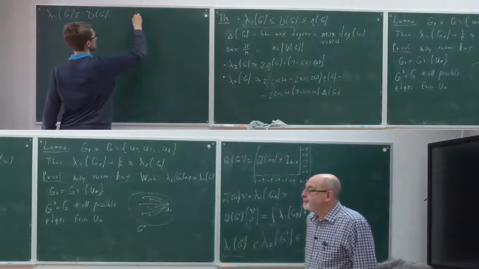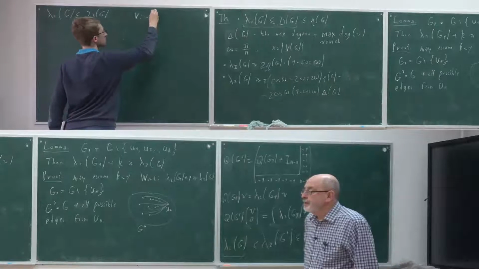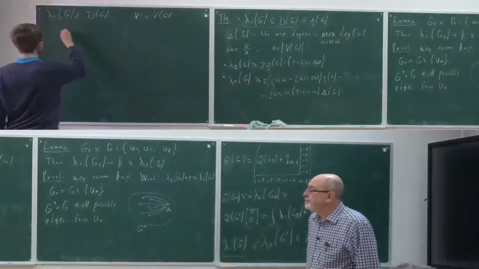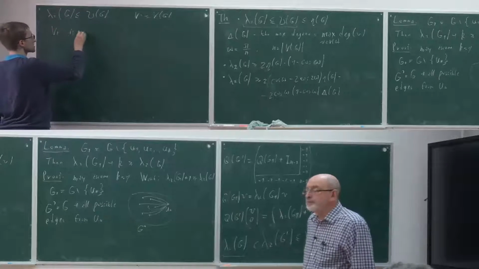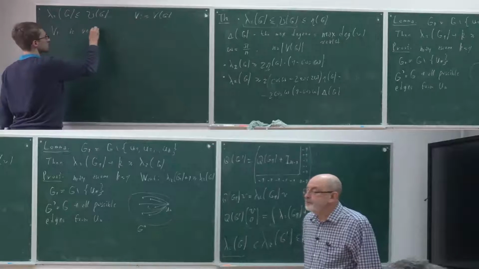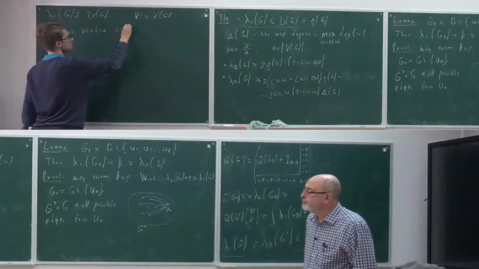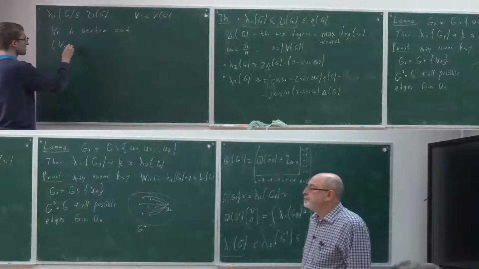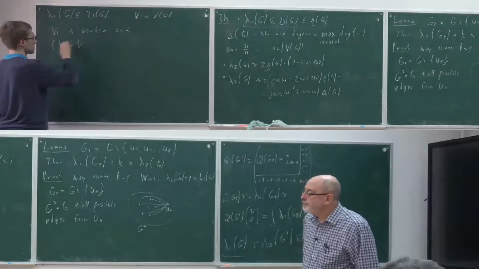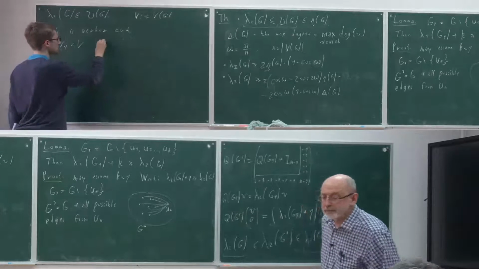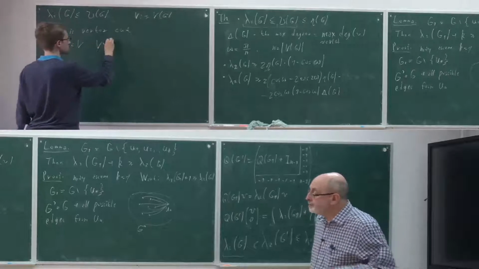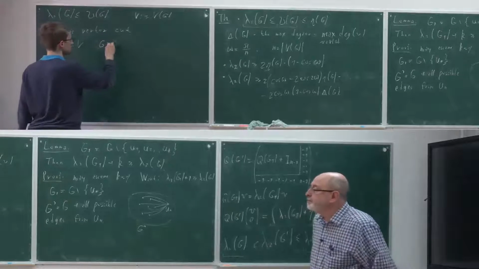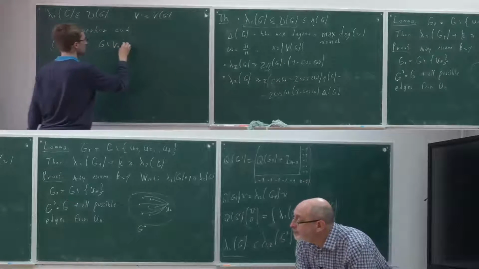The set of its vertices I will denote just by V, and suppose that V1 is some vertex cut. That means that V1 is such a subset of the set of vertices that if we remove all these vertices from the graph, it becomes